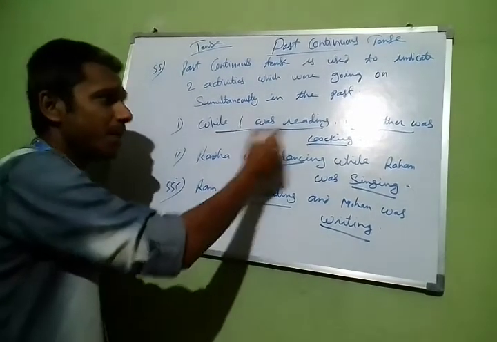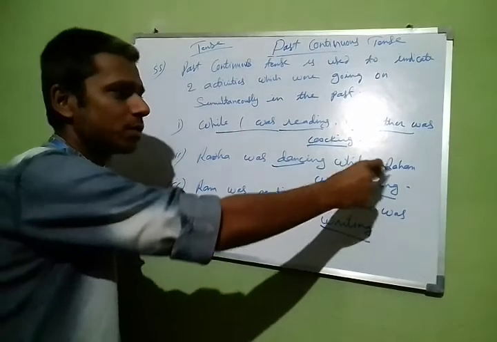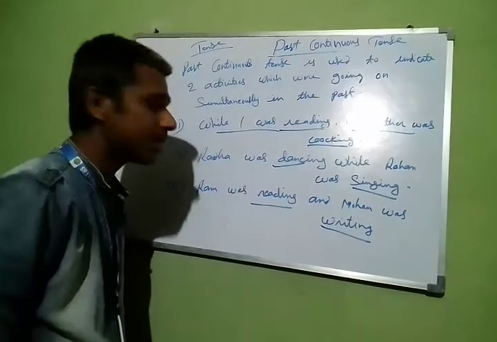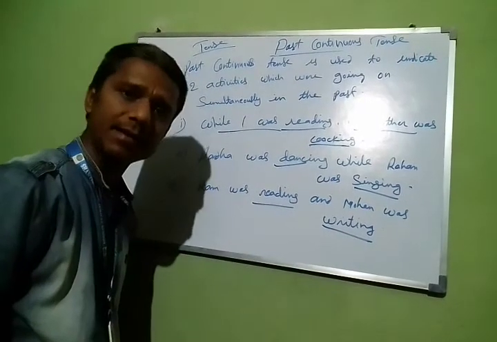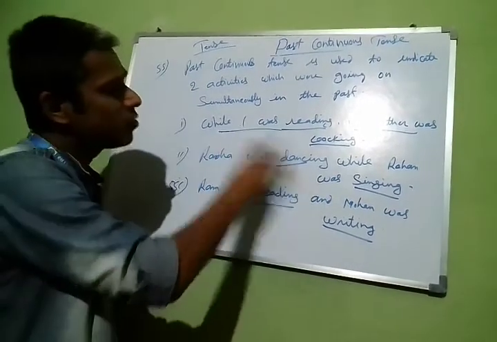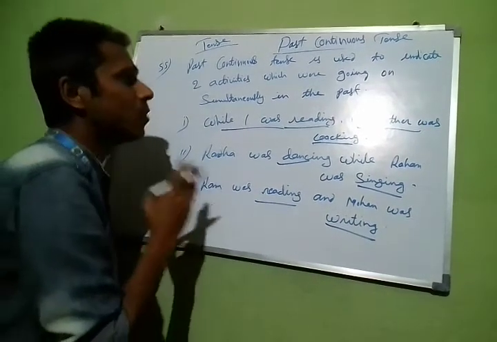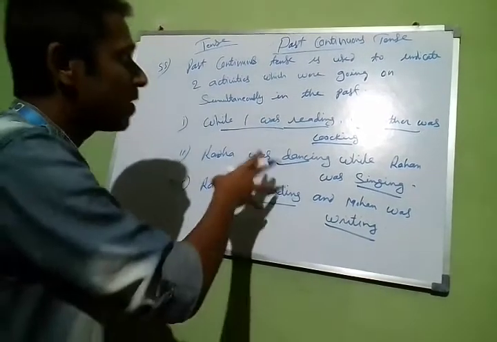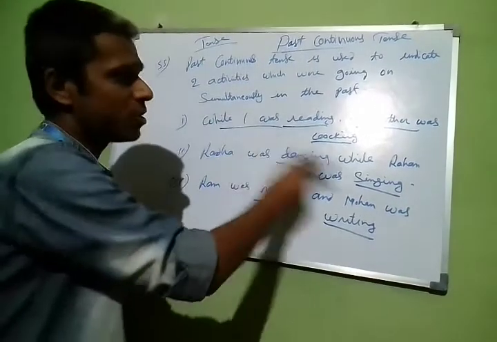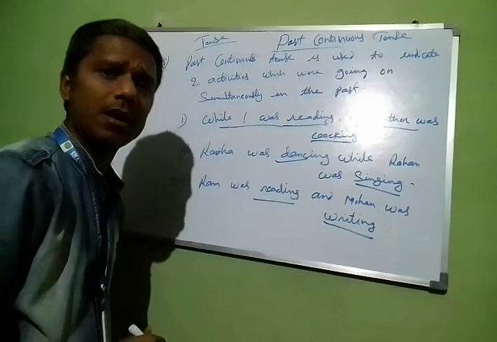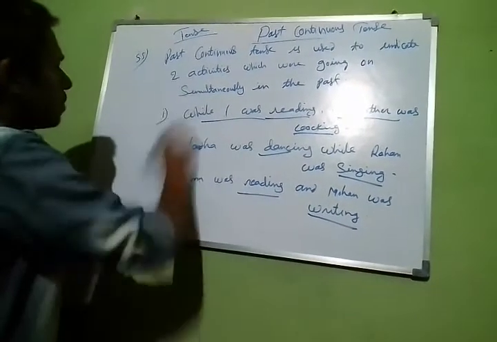जब भी मैं पढ़ रहा था, मेरी माँ खाना बना रही थी. जब भी राधा नाच रही थी, उसी वक्त रोहन गा रहा था. जब भी राम पढ़ रहा था, तो उस वक्त मोहन कुछ लिख रहा था. So here you can see कि two activities are happening simultaneously. एक ही साथ दो काम हो रहे हैं. उस कंडीशन में भी हम पास्ट कंटिन्यूअस टेंस यूज करते हैं दोनों एक्टिविटीज को इंडिकेट करने के लिए. ओके, एंड इट्स नेक्स्ट यूज is